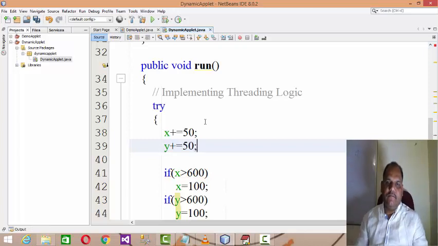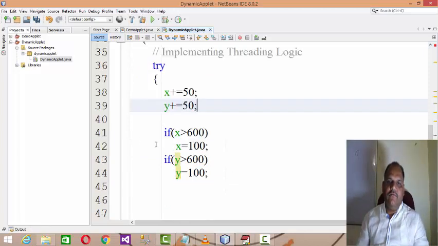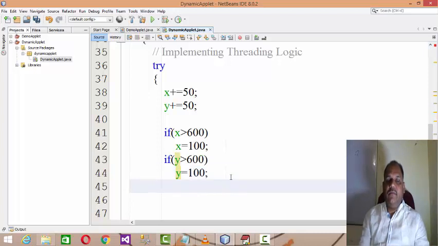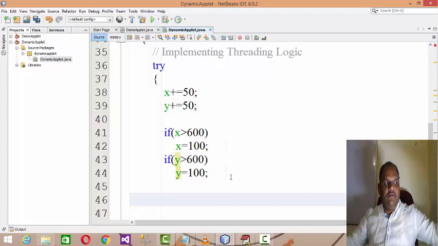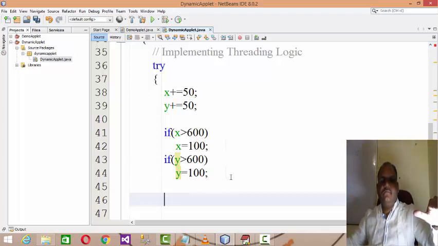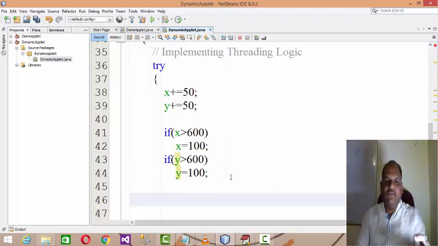And if X is more than 600, X equals 100; Y more than 600, Y also becomes 100 again, because one string will travel from this position, right? I'll explain the things over there.